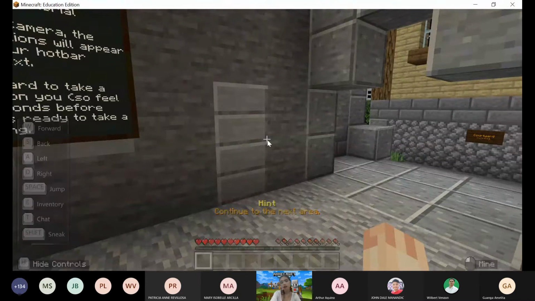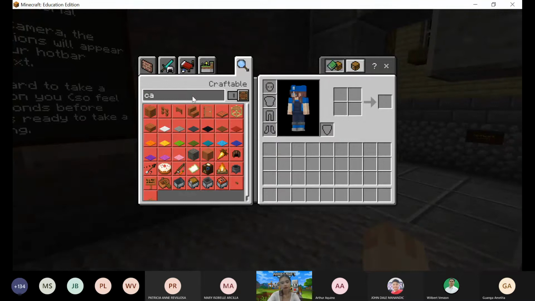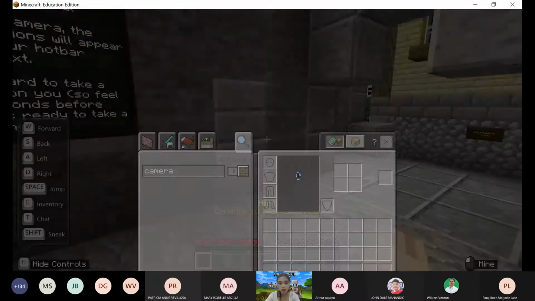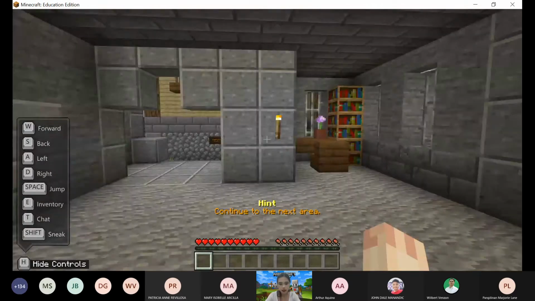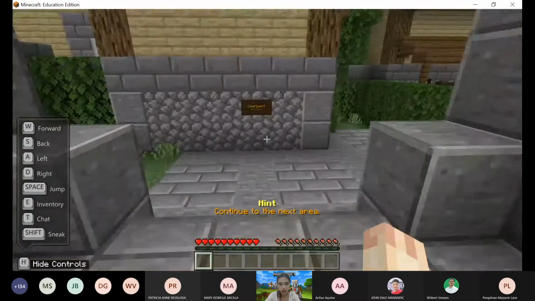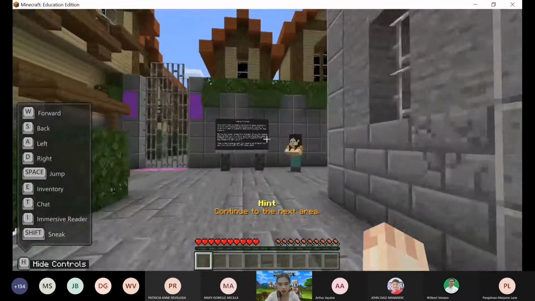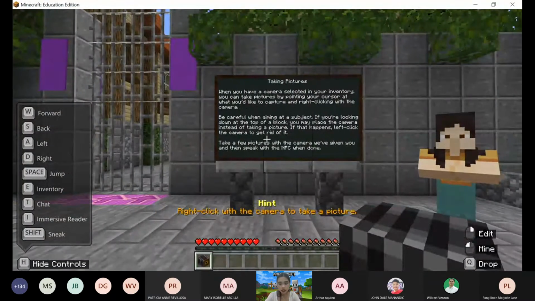So, if you want to have more than one camera, pwede kayong mag-search. But since we're in survival mode, hindi natin siya ma-access. Okay? Anyways, continue to the next area. So let's go to the courtyard. And from here, this